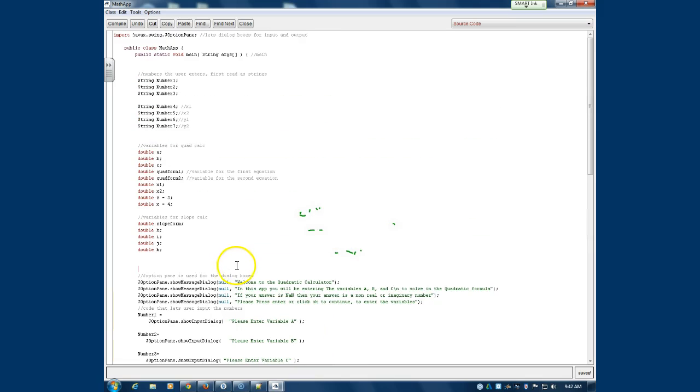So for the point slope calculator, these are the variables that we define. We define slope form for the equation, and then these are the variables. So it's x1, x2, y1, and y2,